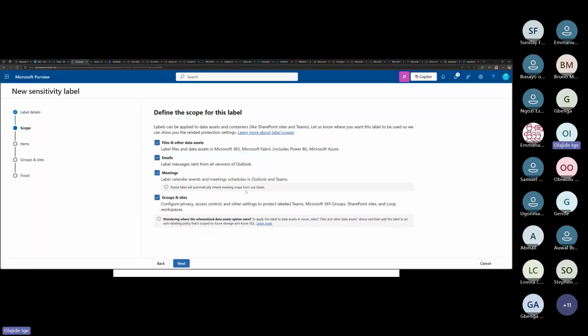So by default, what we have is file, email, and meeting. We will not have group and site by default. This group and site, you won't have it by default. You are the one that is expected to enable it. And for me,